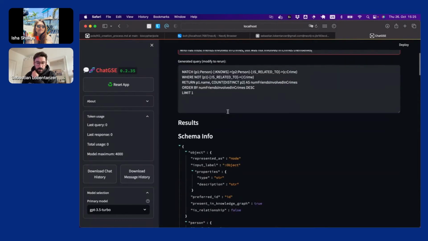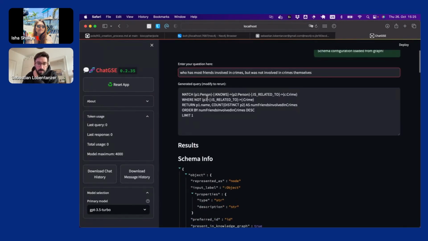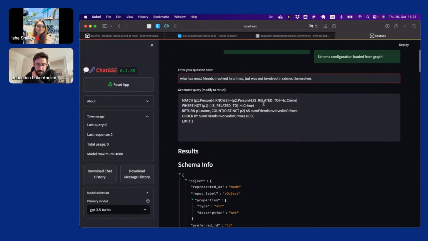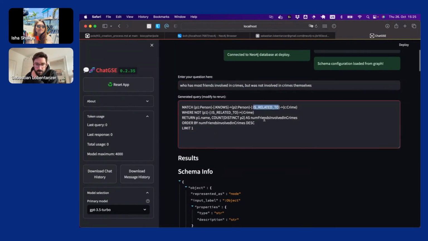And we see that it replicates the general pattern of the query. You don't get a result yet, because we have is related to, which is the family relationships.